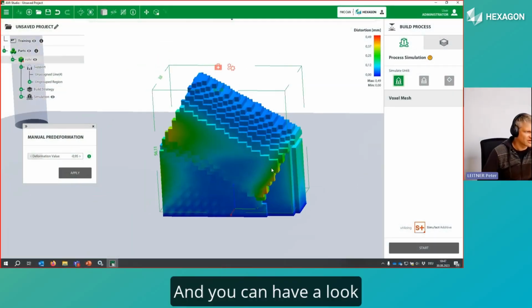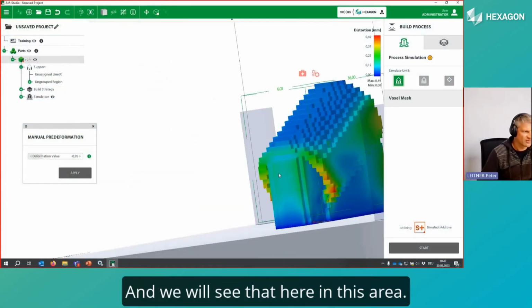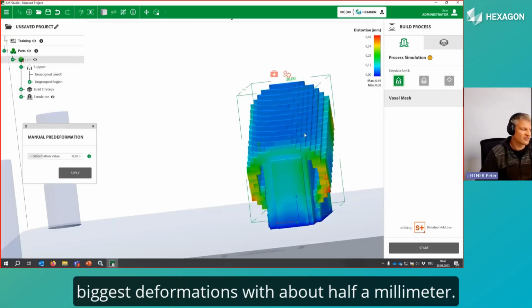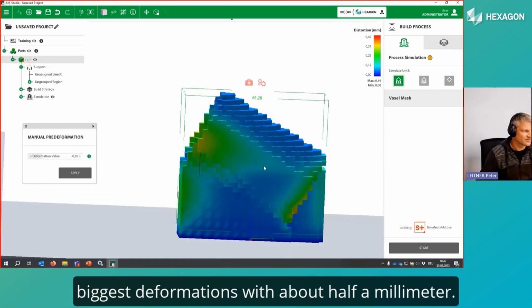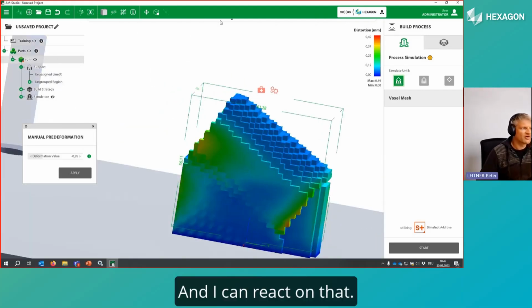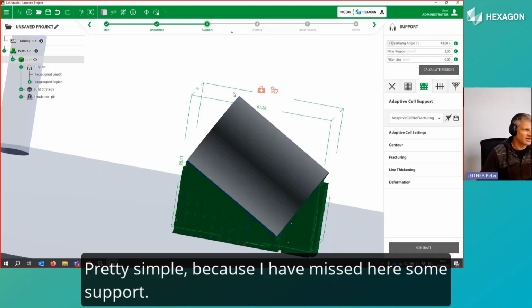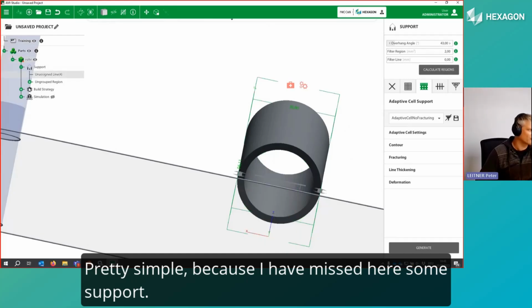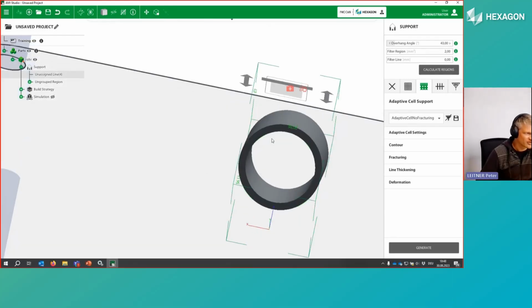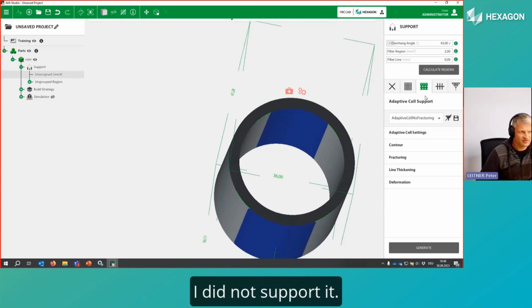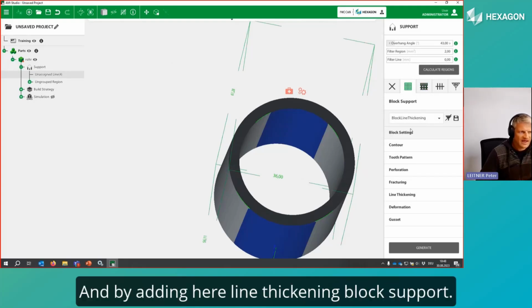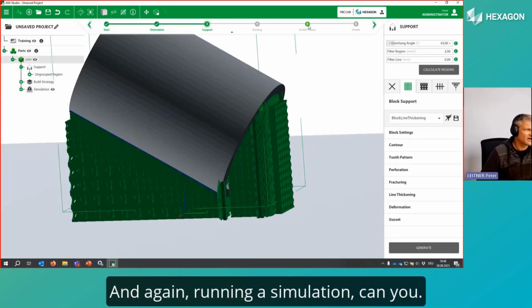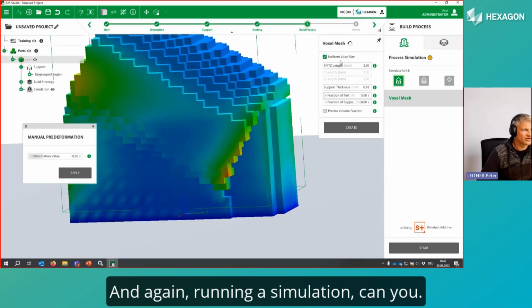And you can have a look at the deformation of the part, and we will see that in this area and in this area, we have the biggest deformations with about 0.5 millimeter. And I can react on that pretty simply, because I have missed some supports here. These line supports, I did not support. And by adding line thickening, block support, and again running a simulation,